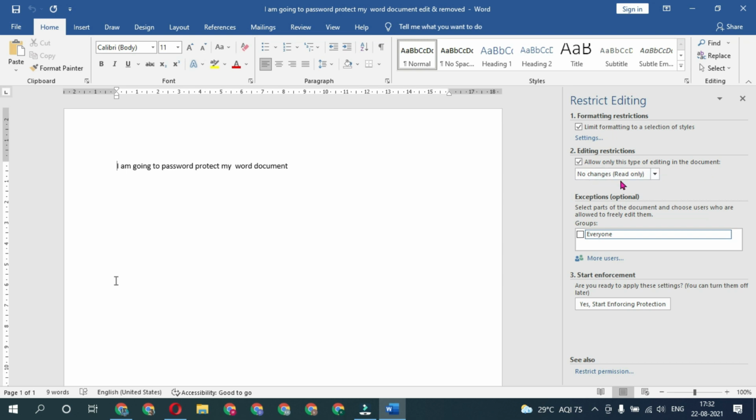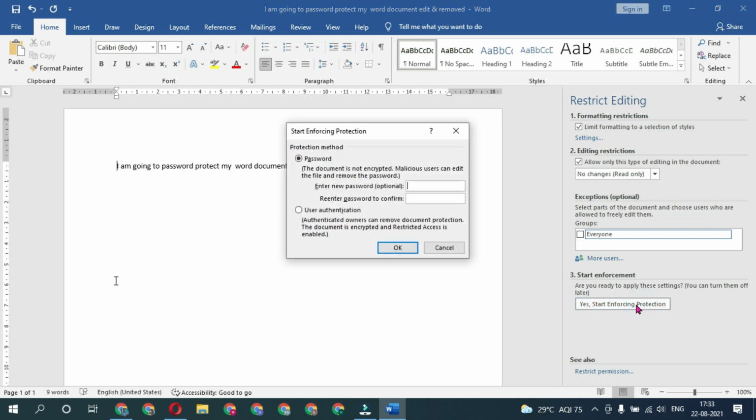I have selected here no changes, read only, because I want to make this document read only. You can select other options also, but I am selecting read only. From here you can check if you want to give permission to everyone, but I am not selecting this, and just start enforcing this protection. I am clicking on this. Now it will ask for a password. I am entering the password, re-entering the password,